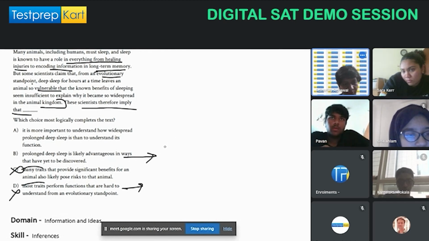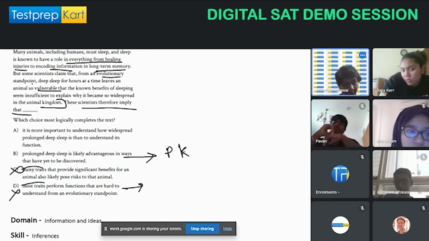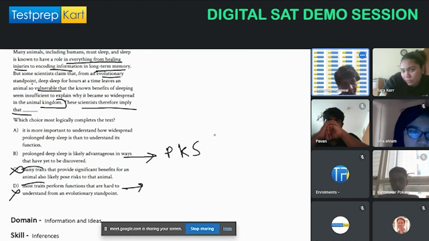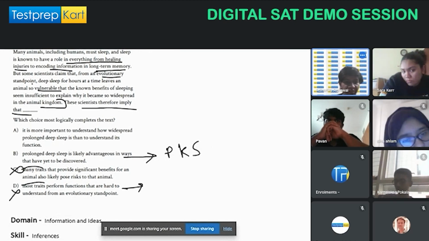Pawan says no. Mami, I'm saying no. Kamlakar also no. Anyone else? No. What about A? It is more important to understand how widespread prolonged deep sleep is than to understand its